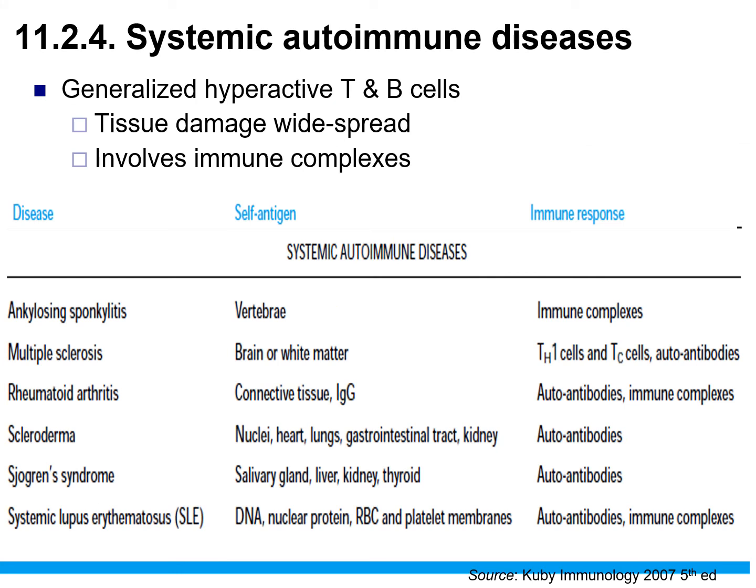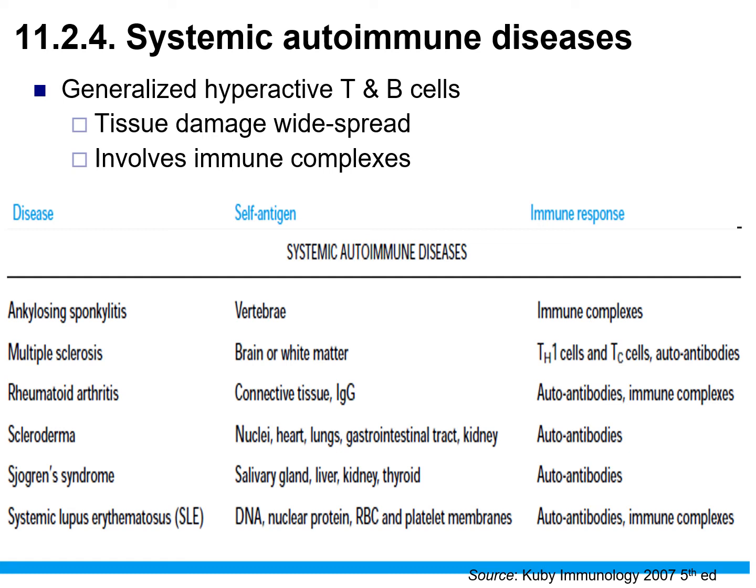Right. So this can also be systemic, as we have said. Aside from organ specific, it can affect the whole body. It's widespread and it involves the formation of immune complexes, not just autoantibodies. Example here,